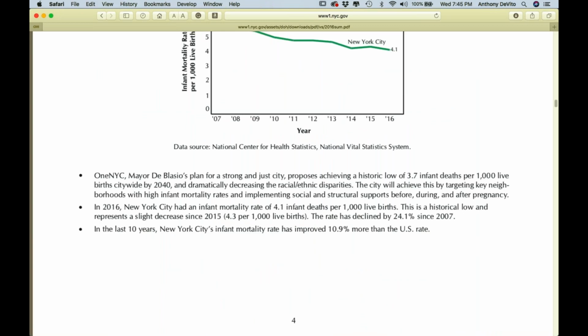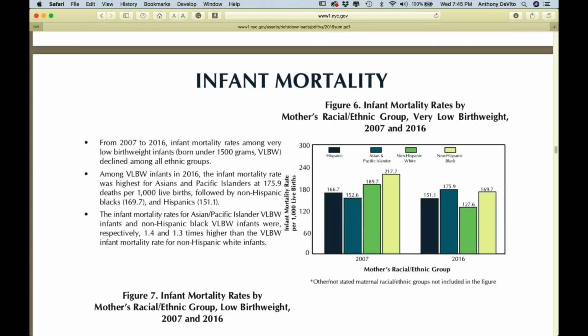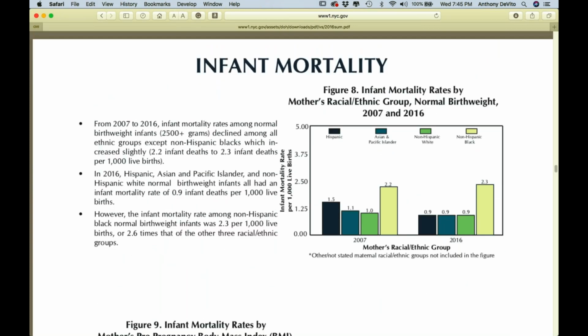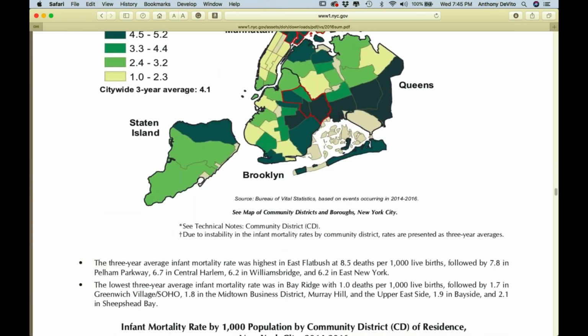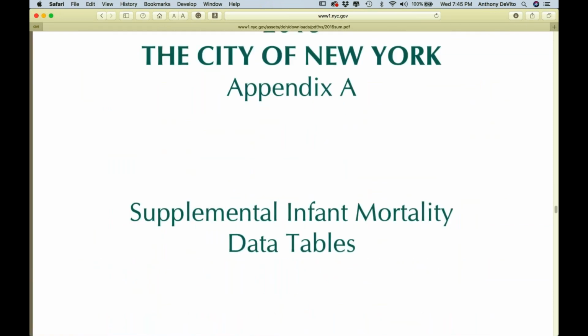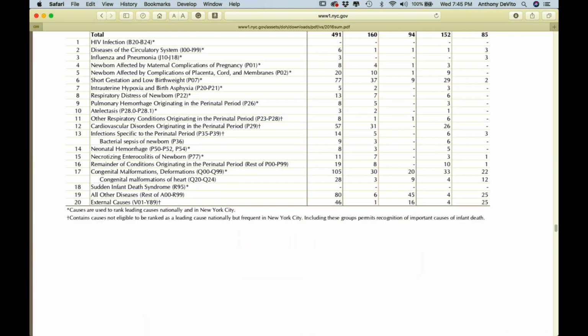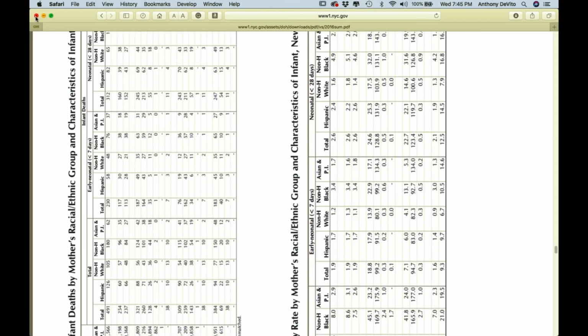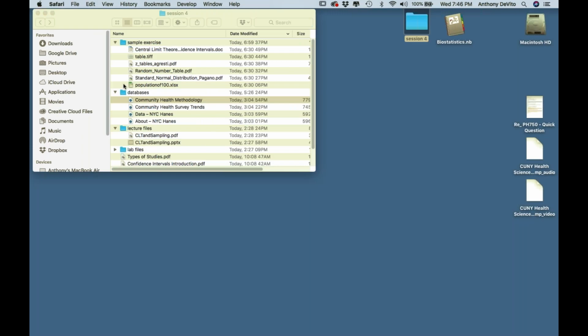But you can see it has all sorts of data about cause of death and various other kinds of information about racial, marital, and geographic distribution of mortality, and so on and so forth. A lot of this kind of data is publicly available, and we're going to be taking advantage of that moving forward. And you, as you move forward in your careers in nutrition or public health, are likely to wind up taking advantage of a lot of this data as well.